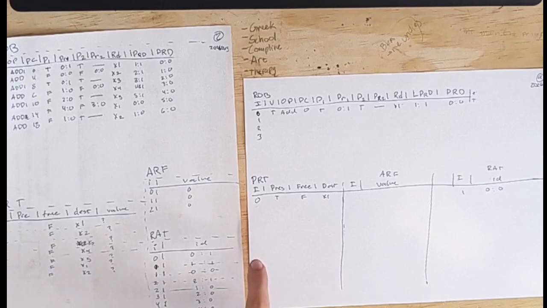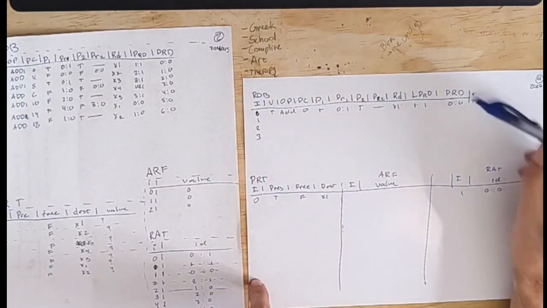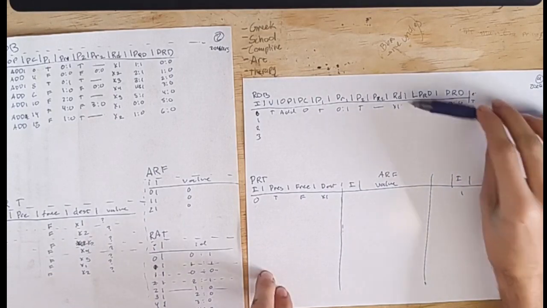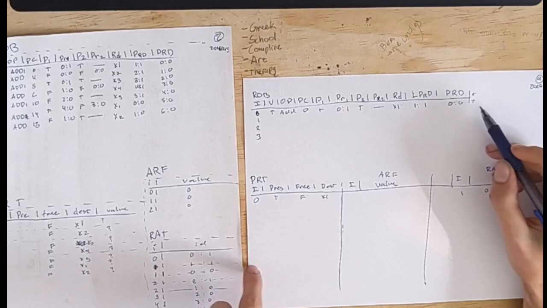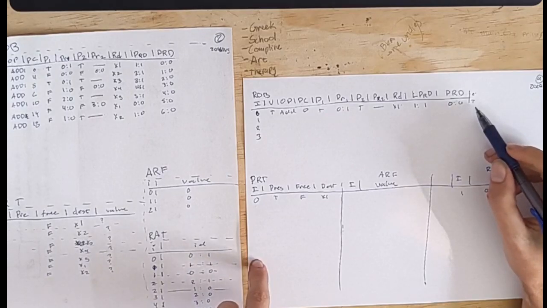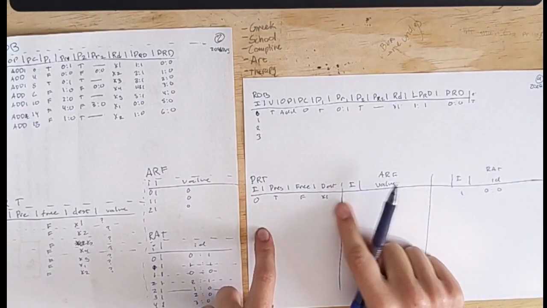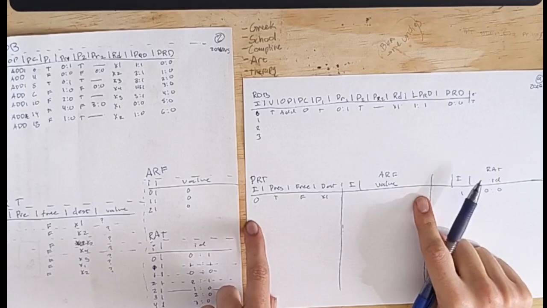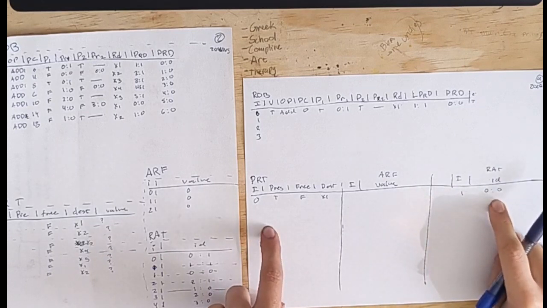So at the top of the ROB, we check for one or more instructions being finished executing. The ones that are at the top of the ROB get committed in order, which fixes the out of order thing, right? So we can have executed here, and then somewhere down here, more instructions are being executed inside of the ROB, right? At the top of the ROB, we see this occur. We take the value from the PRT, we copy it into the ARF for that register. We update the RAT to point to